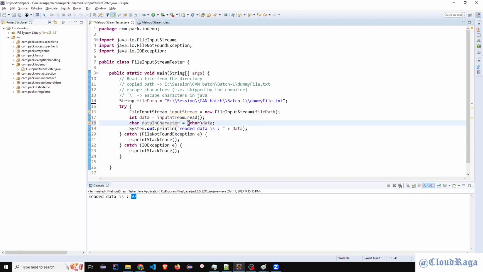Done. That's how we do casting. One more slash for comment. And then I can say data in character. Done. That's how we read from the file, convert the data and print it.